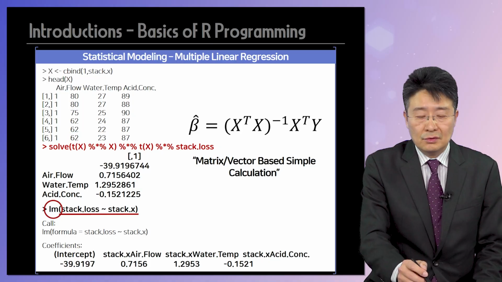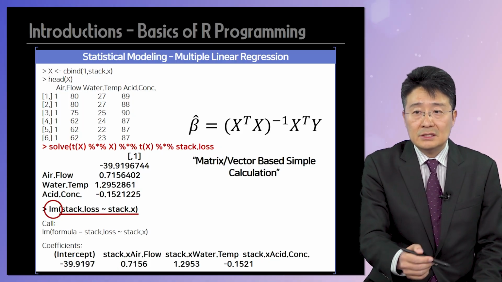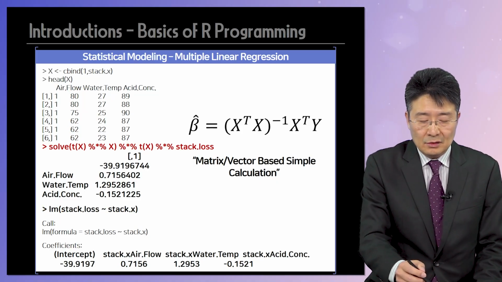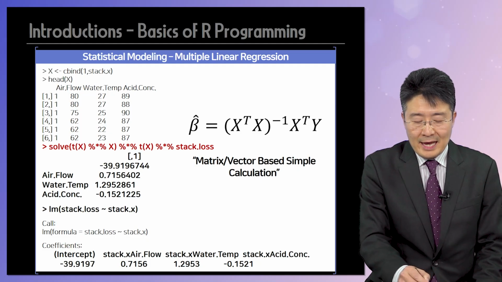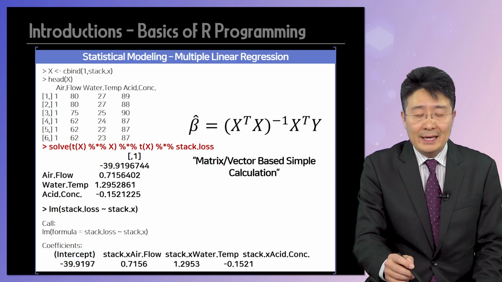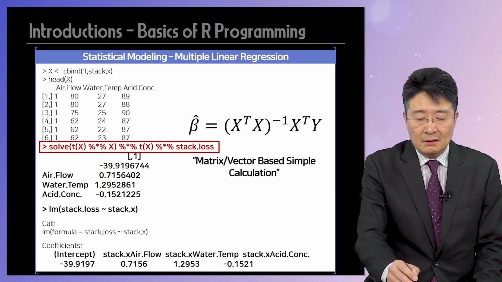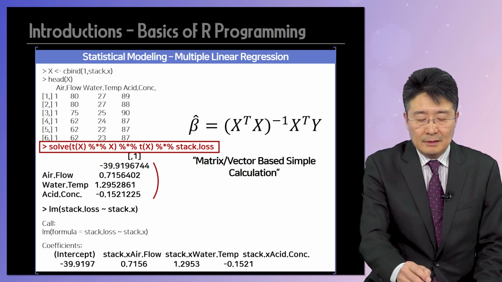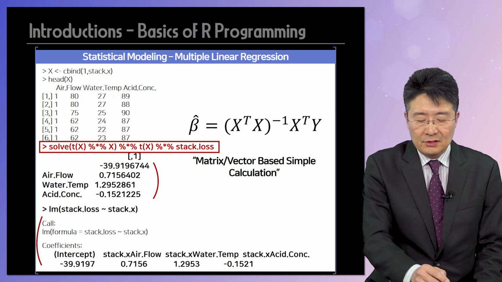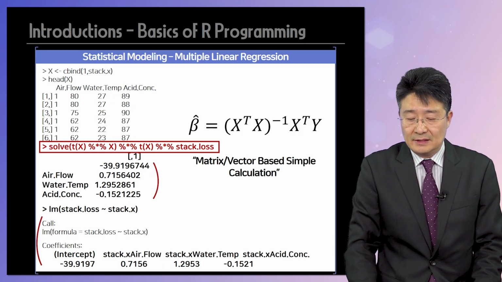Instead of using matrix calculations in R, we can call the R function directly. You don't need to install any package to use the lm function. It is a default function in R. So then we can get the same estimated coefficients, as you can see. By using the matrix calculation, you get the estimated coefficients here. In using the R function, you get the same estimated coefficients here.